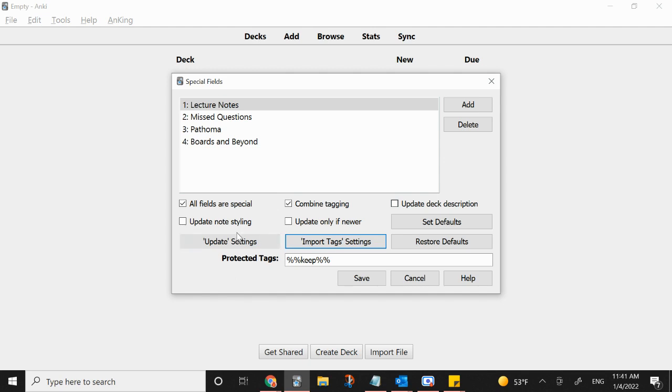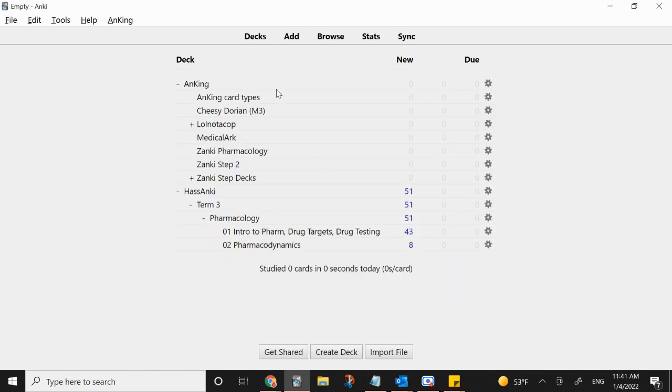What these buttons do is update these checkboxes to the appropriate settings for either updating cards or for importing tags. So for the AnKing cards, I'm not actually changing them really. You don't have to update anything about the styling or any of the fields. The only thing that we want to do is just combine the tags and leave all of the fields as they are. So the only thing I want to do is add a tag,